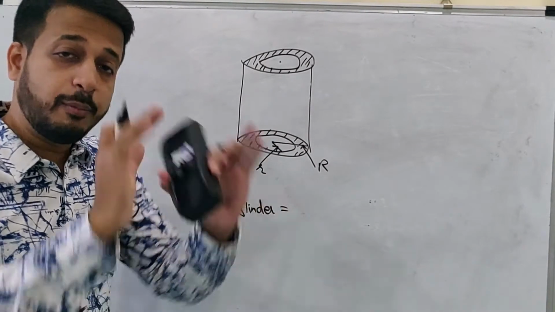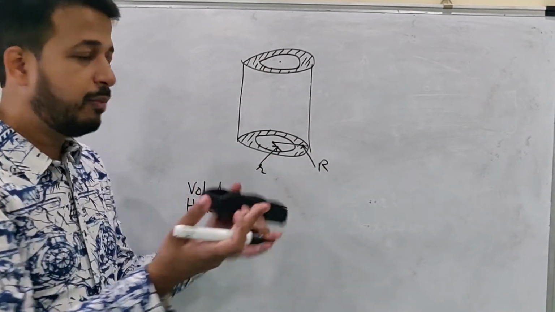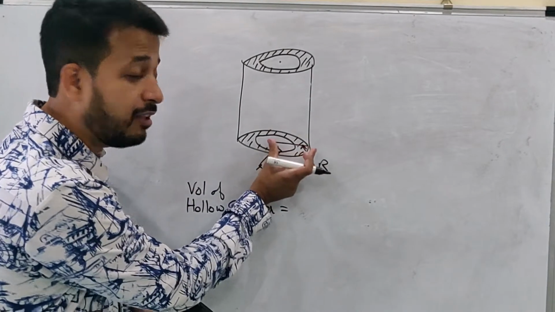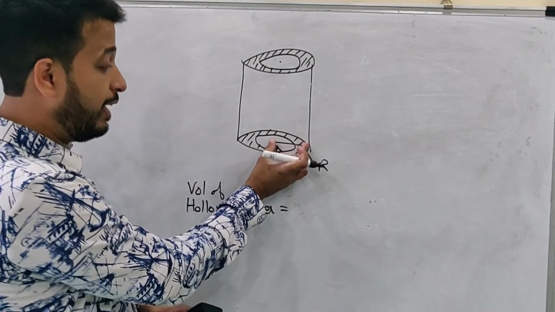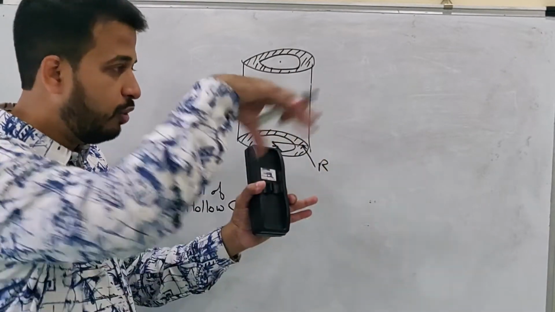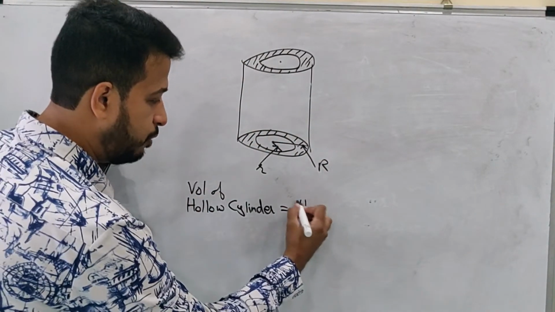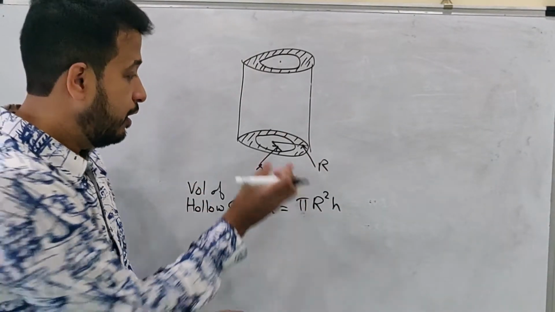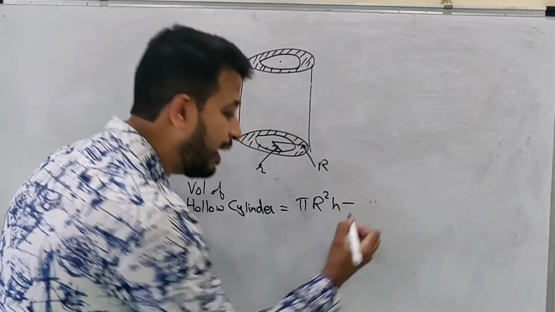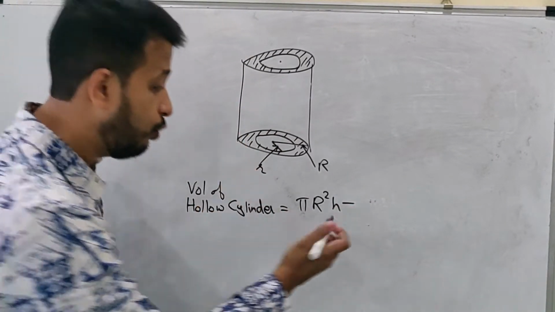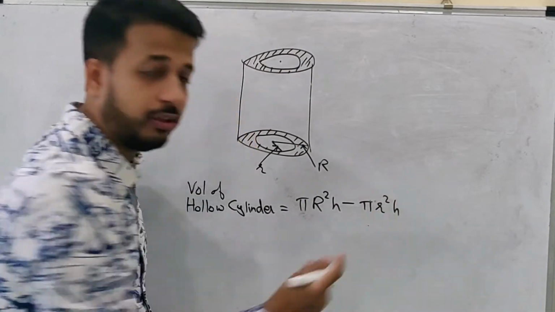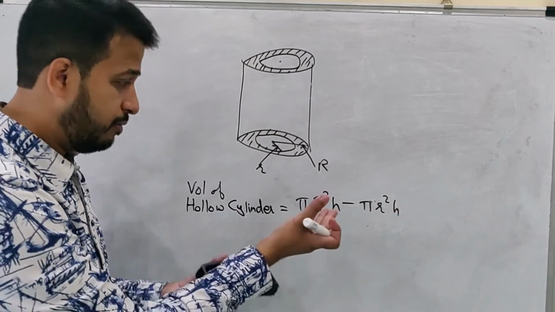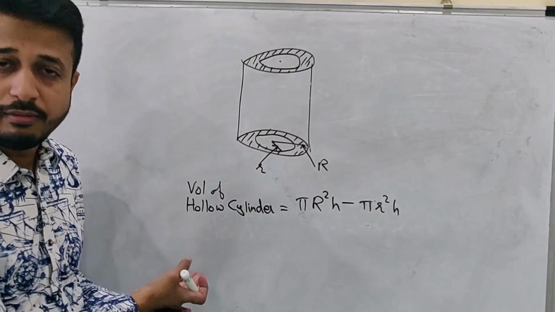Volume of the whole cylinder, the big cylinder, the full cylinder, is pi r square h. So when I take pi r square h, I'll take the big radius, this whole radius. So I'll get the volume of the total cylinder, including that hollow part. So it is pi big R square h. From the full cylinder, the inner part, which is the hollow part, I have to subtract. So I have to subtract the volume of the inner part, which is pi r square h. So from the full volume, if I subtract the volume of the inner hollow part, I'm going to get the volume of my hollow cylinder, right?